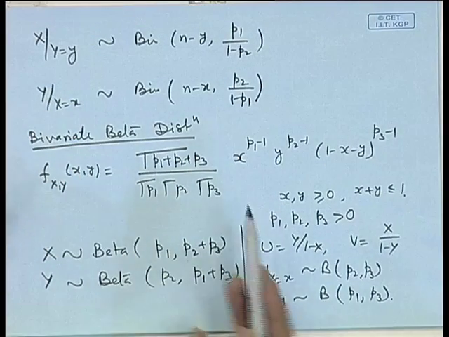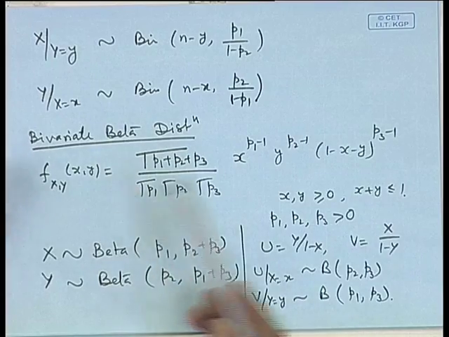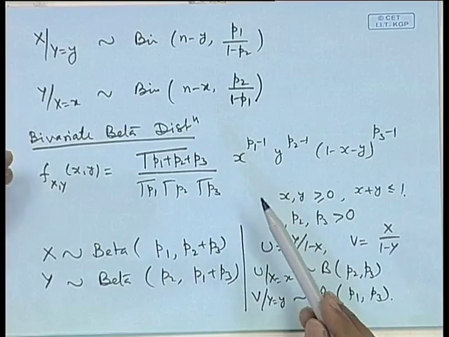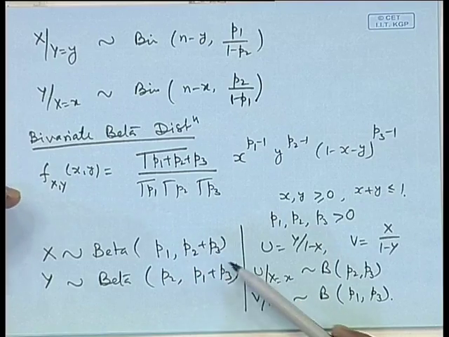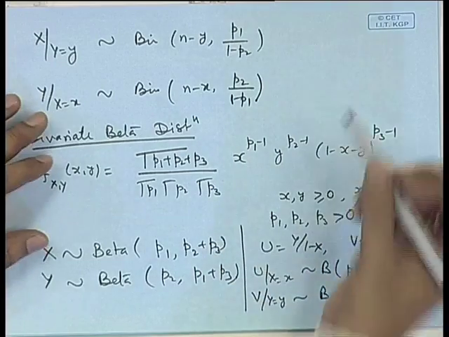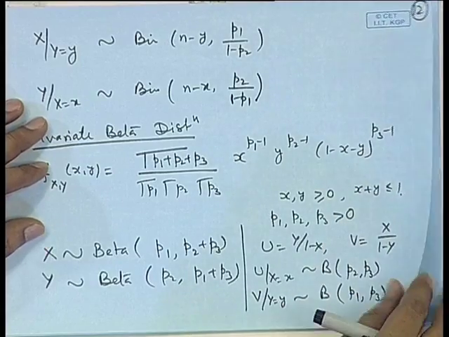In no way is this a unique generalization of a beta distribution to two dimensions. We can generalize in different ways also. What we are trying to see here is that the marginal distributions also have beta distribution. So in that case we are calling it a bivariate beta distribution. A very similar